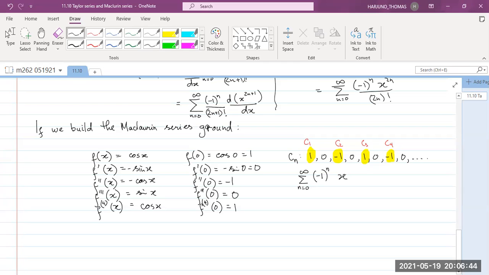No, when n is when the exponent is 0, it is 1, and then this is, I'm sorry, I should say that this is C0, this is C1, this is C2, this is C3. I think that's better, right? So the coefficient for the 0th exponent is 1, the coefficient for the third exponent is -1. Okay, so the denominator here will be 2n factorial,